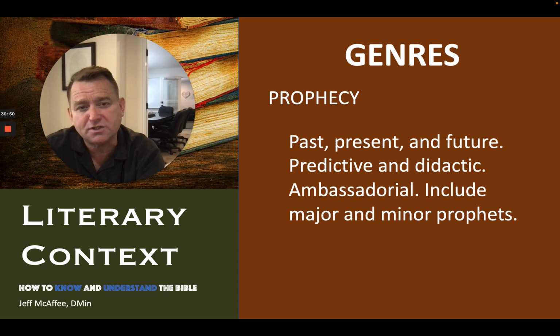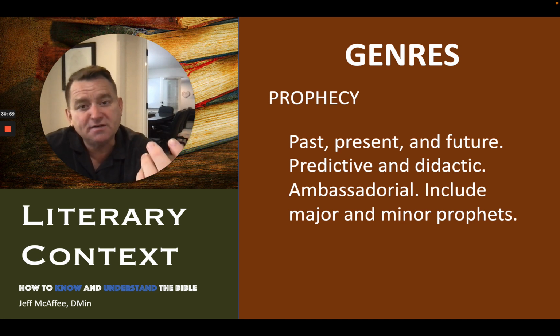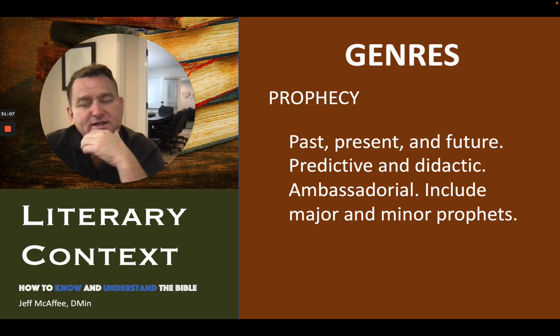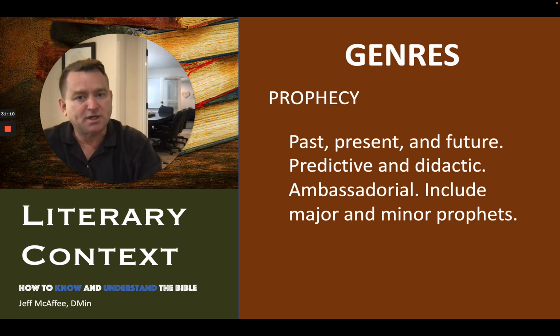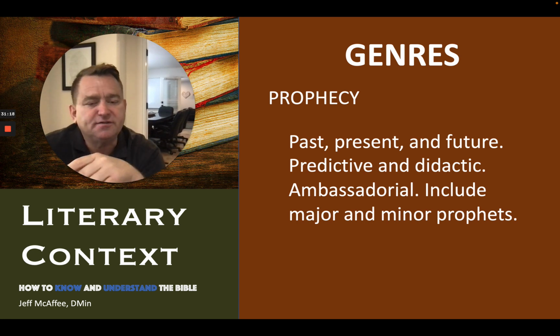The law came first. And when the prophets were speaking, they were telling Israel, hey, you're busted. There is a covenant violation that has occurred. God has already given you the law and you broke it. And so they were, in so doing, rehashing the law. Here's where you went wrong. Let me teach where you went wrong. And so they were predictive and they were didactic. They were ambassadorial. The prophets only wrote and spoke what God told them to write and speak.